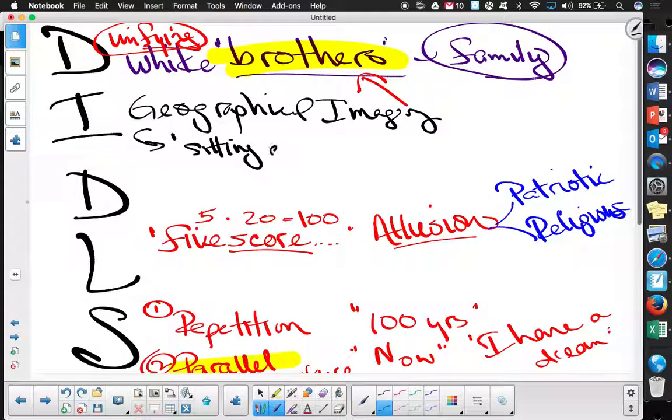Sitting at the same table, not geographical imagery, but another example. The geographical imagery, what part of the country does he highlight? South, but I'd also say everything, whether you're Sierra Mountains, Appalachian Mountain, Allegheny Mountains, Smoky Top Mountains, all those kinds of things,